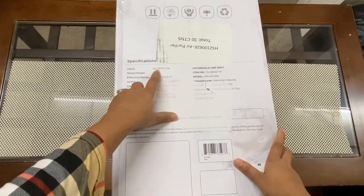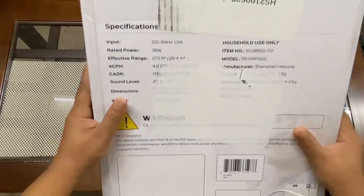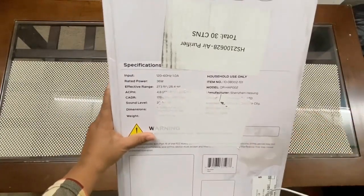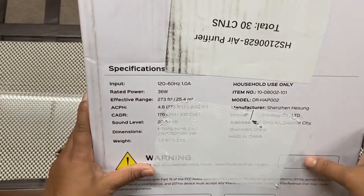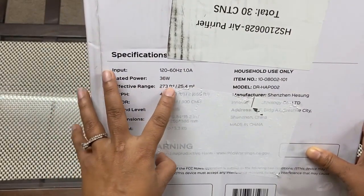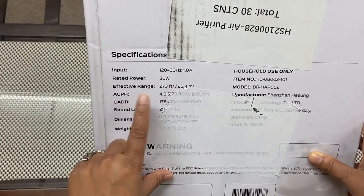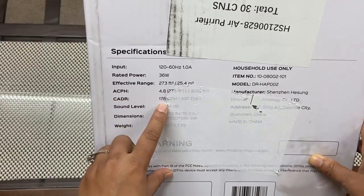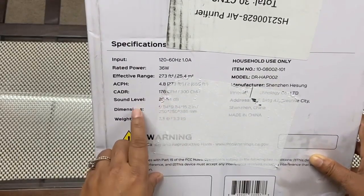So input is 120V 60 Hz 1.0A. If you can take a close look, rated power is 36W. I'm going to take a close shot so it's easier for you guys to understand. So rated power is 36 watt. Effective range is 273 square feet and 25.4 square meters. ACPH is 4.8, 273 square feet, and CADR is 176. Sound level 20.54 dB. Dimensions is